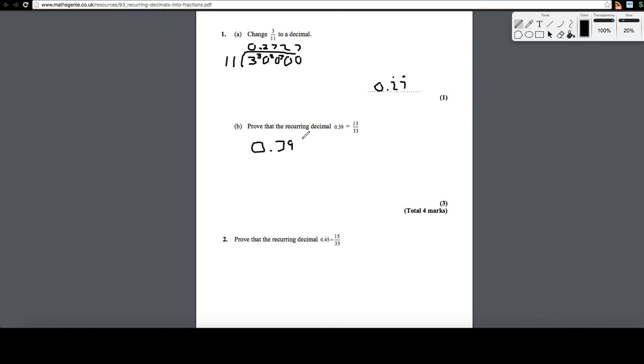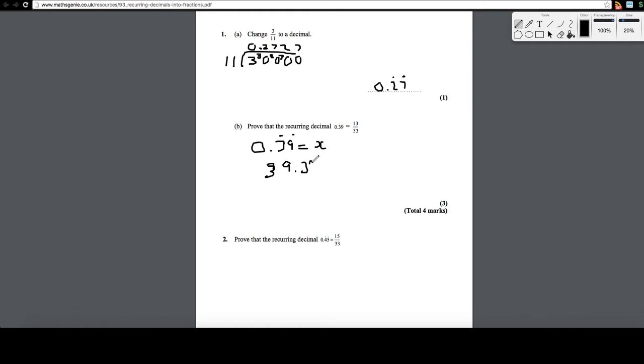It helps if you are quite able at algebra. It does use a lot of algebra, these sorts of questions. So 0.39 recurring equals x. Now, of course, it's really difficult when it's a recurring decimal, so what you're going to do is times it by 100, and you'll see why in a second. So we're going to have 39.39